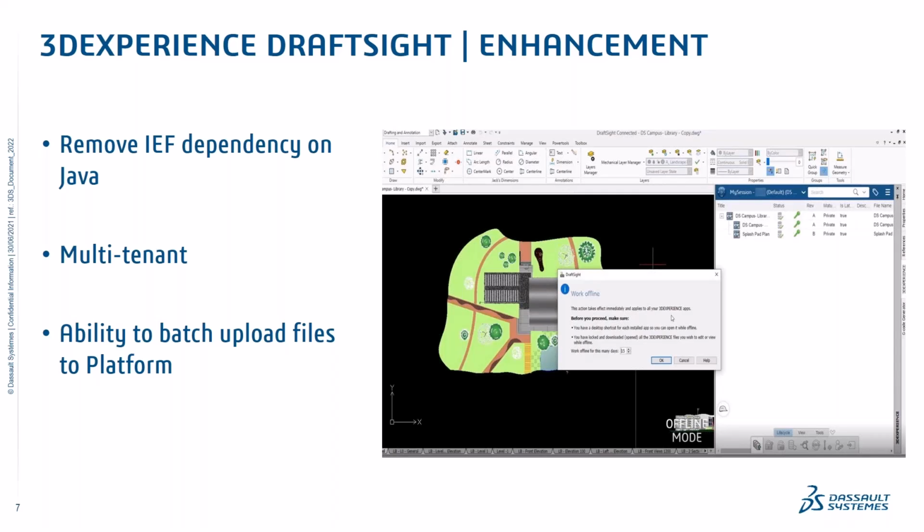So IEF Java, that's not needed now. And if you have a multi-tenant with you, DraftSight now is closely associated and can work seamlessly if you have multi-tenants. No problem with that. Now let's say you have worked on a bunch of drawings and have saved them locally. Those saved drawings, you can upload to the platform in one shot, with the batch upload functionality that is made available with the 3D Experience DraftSight